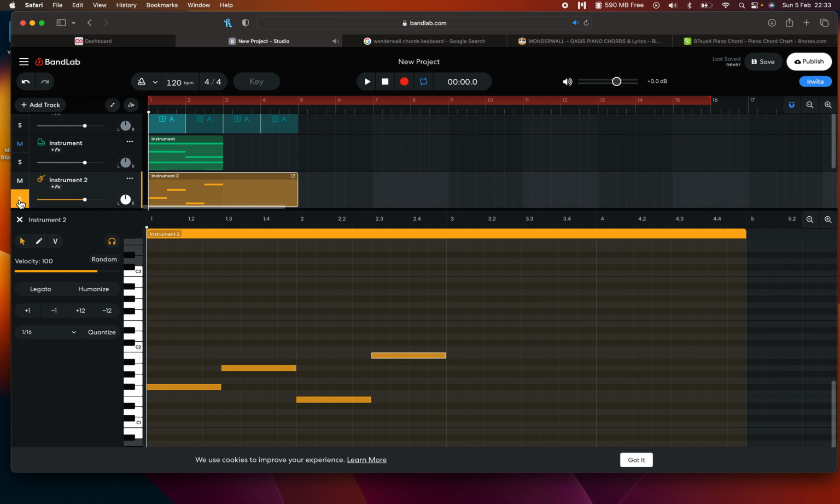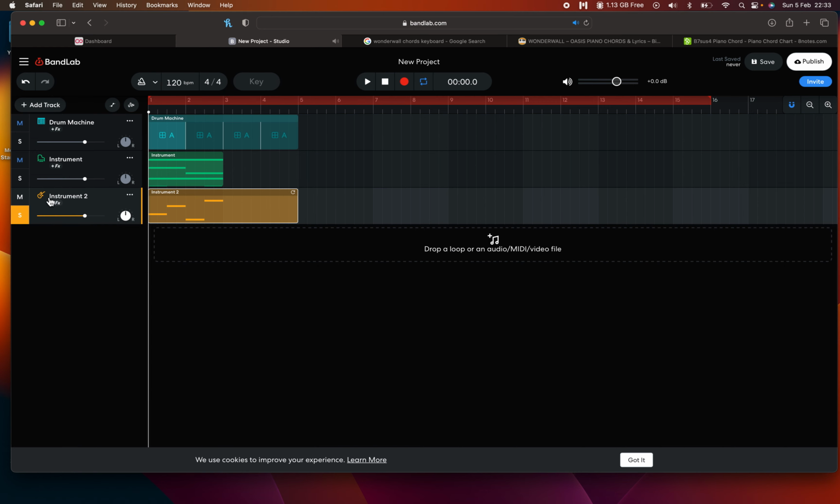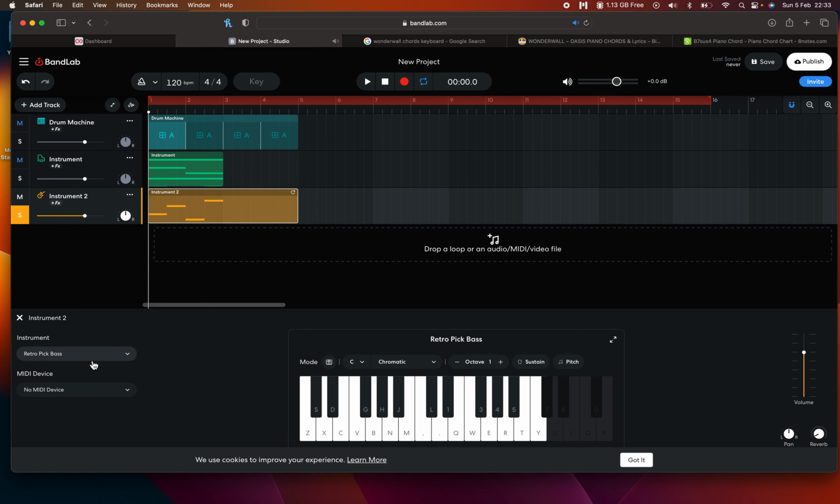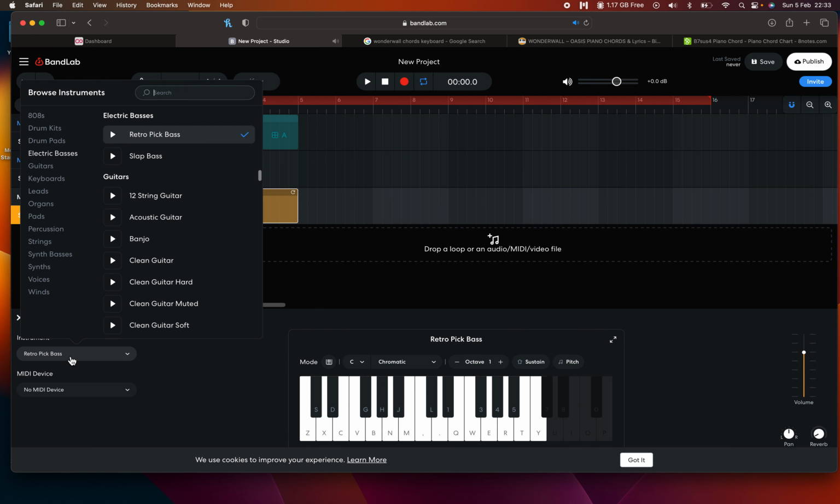Let's solo it to check. Nice one, and with the piano. That works, that's cool. So I'm going to keep it soloed so I can hear what I'm doing to it. That's supposed to be an electric bass guitar, so like a real instrument. We want a synth instrument because they sound much more